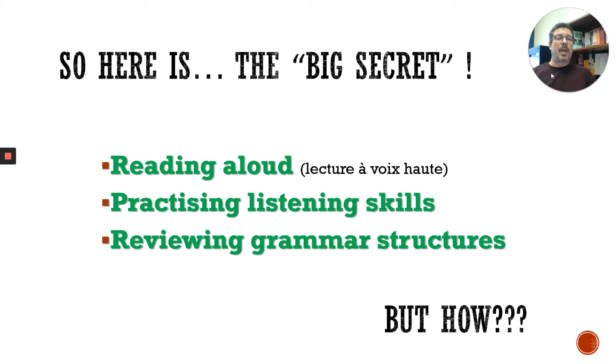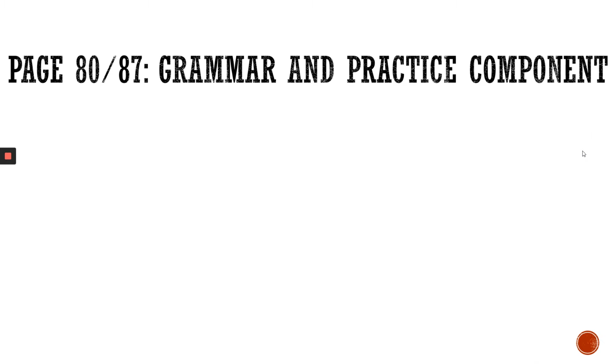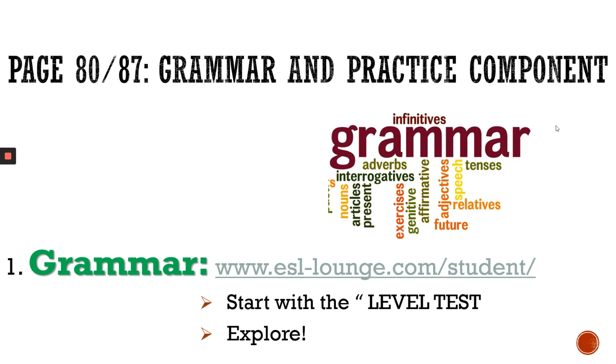But how? Well, first of all, let me maximize the screen, and we'll begin by referencing your book, your course pack, on page 80 if you're in ZAA, or page 87 if you're in ZAB. There's the grammar and practice component log book, where you will find the addresses for the websites, as well as where you can take notes on the work that you do. The grammar is super important, and so at the